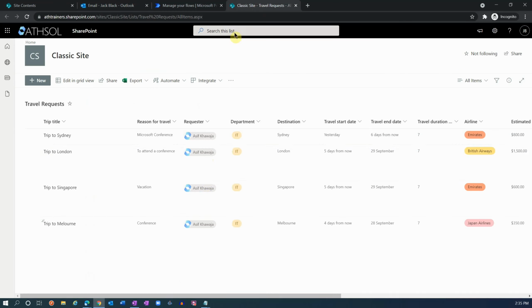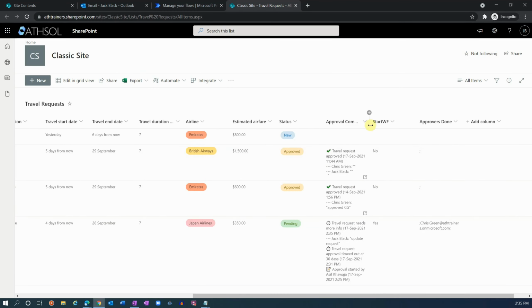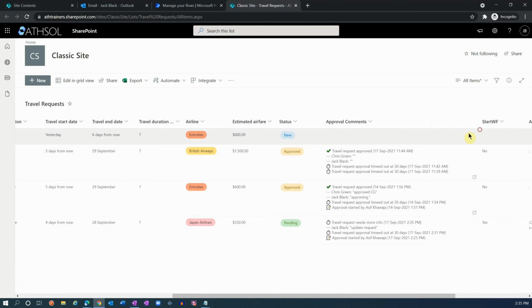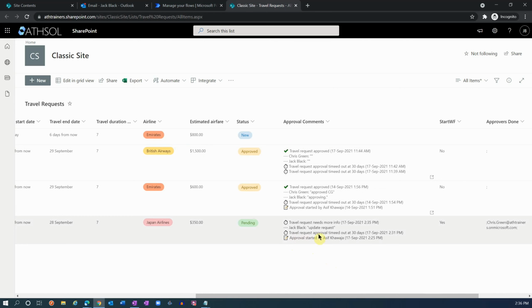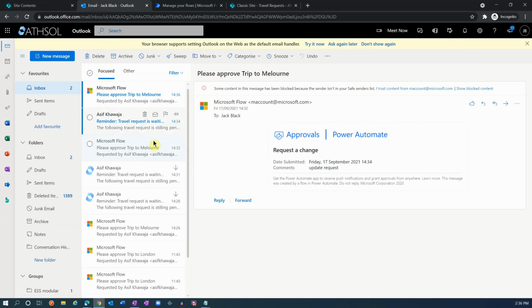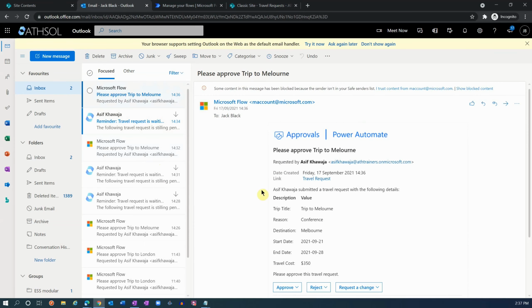And if we look at our travel requests that we are creating here, we should see all of our workflow history properly being updated. As you can see, the approval is started. And then first time the travel request approval timed out at 30 days. Obviously in our case, it timed out only in 5 minutes. And then Jack Black requested for some update, and hence it has gone into wait again, saying it needs more information. Therefore, if we now look at Jack Black email address, Jack Black is getting another approval task now,